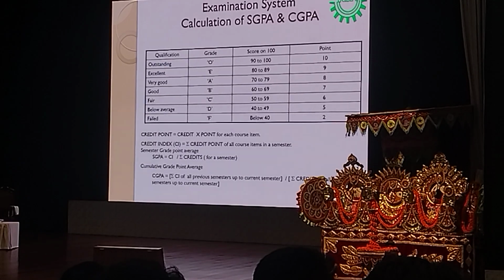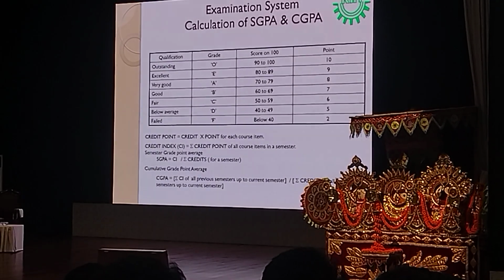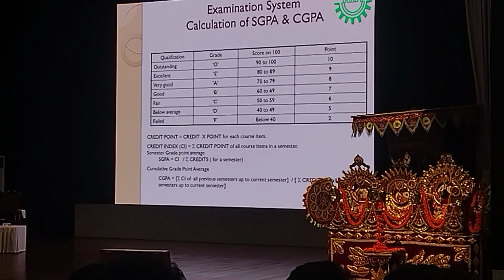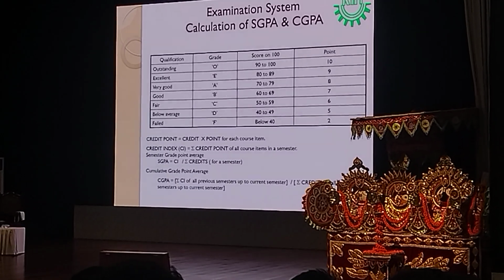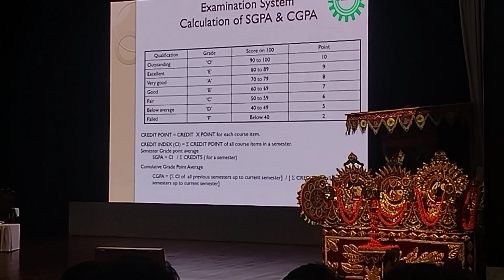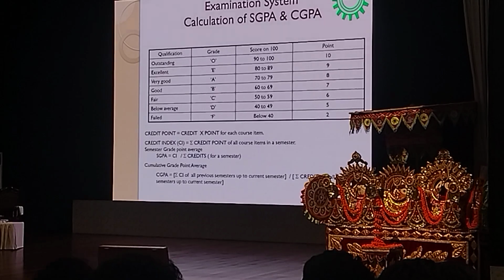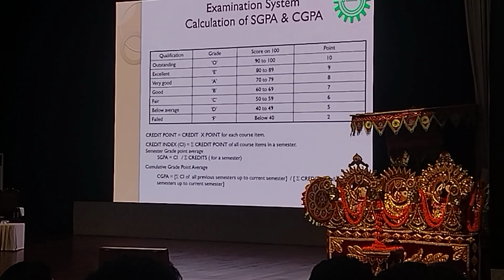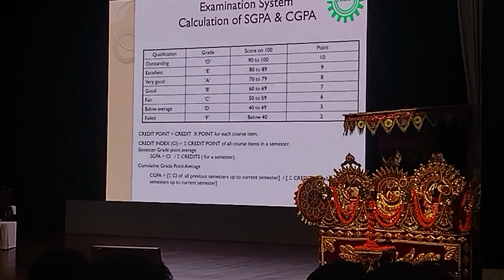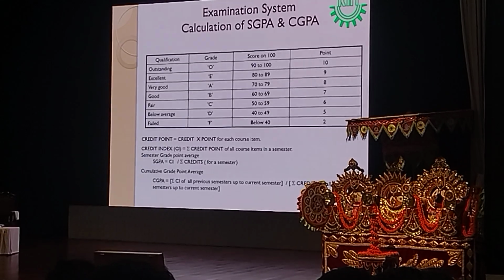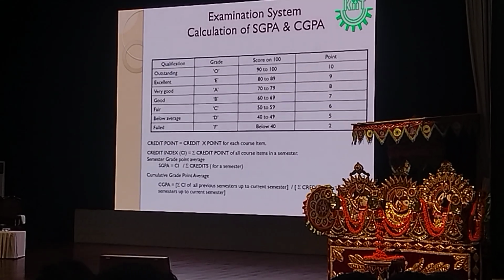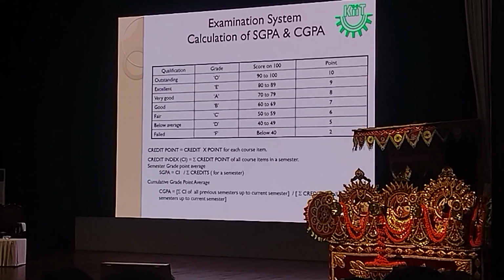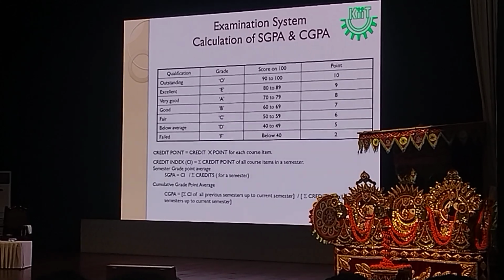In the first slide, I have told that in order to get a degree in a particular program, you need to earn the credits. And credits are given to subjects. And you need to earn the credits assigned to each subject. Finally, if the sum of those credits is equal to the credits required to complete the program, then you will be eligible for the degree.